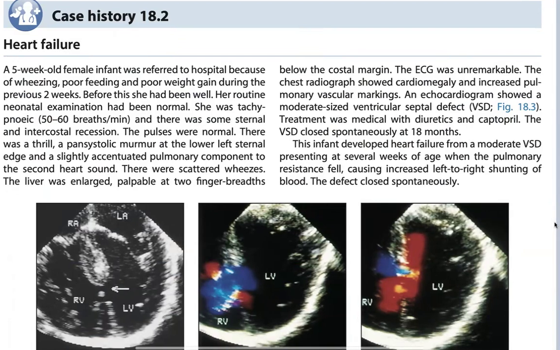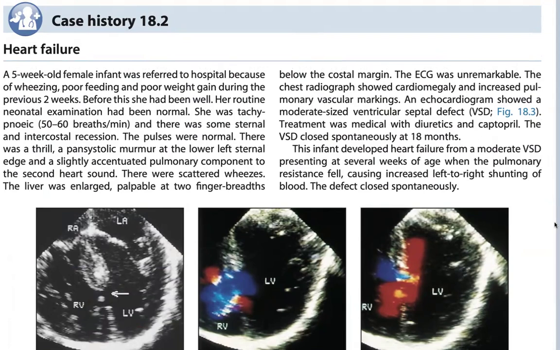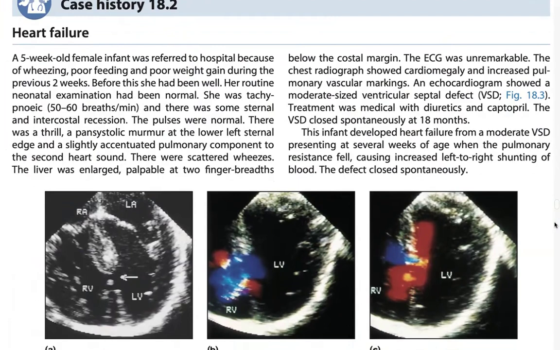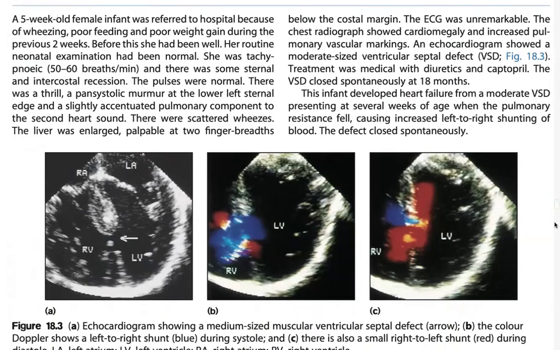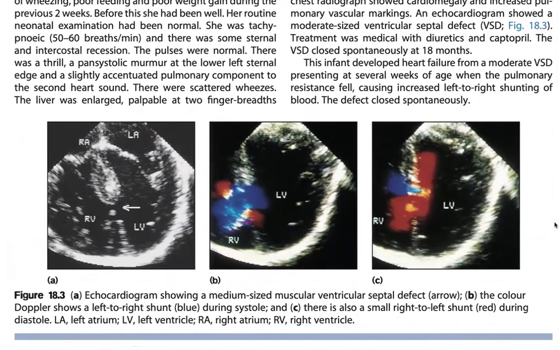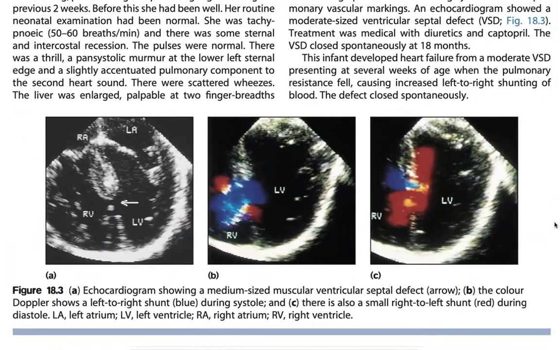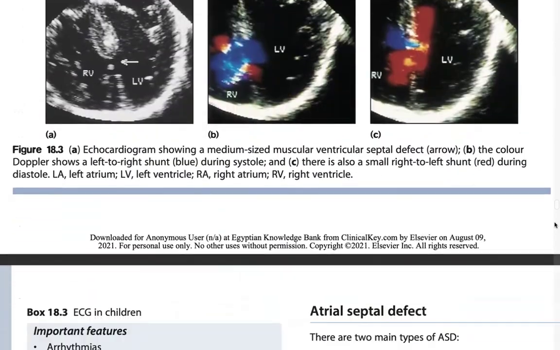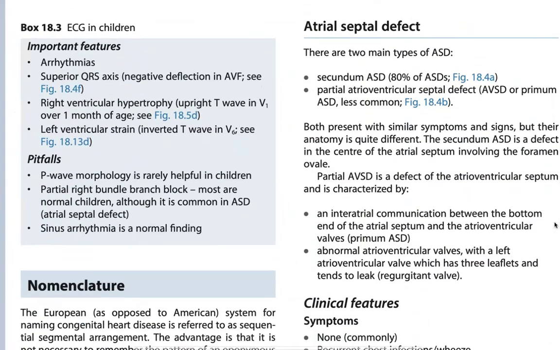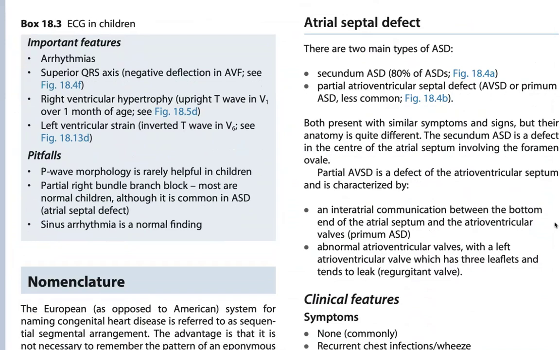The scattered users was a large calculator human based below the personalities which are unlikely just really touched with carbon Italian peace planning was being markings and he kind of issue moderate size VS team, deep most medical diabetic electrical VS tools, spontaneously added demons, this infant develop heart failure and moderate VS presented a certain use of waste and the problem is the cell causing increased left to right strength of the blood defectors spontaneously. ECG insulin have a feature of your superfluous access